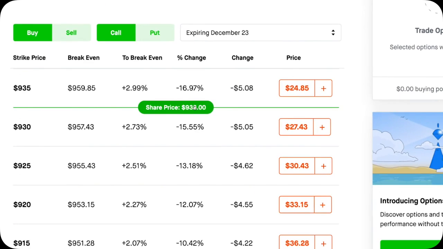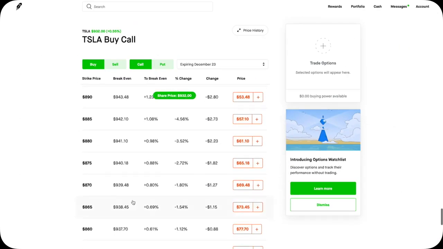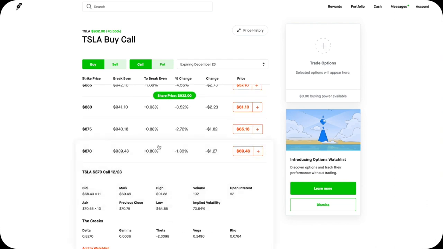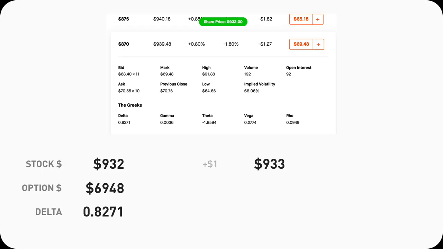Tesla currently is trading at $932 per share. In this Tesla call option with a strike price of $870, it has a delta of 0.8271 and a gamma of 0.0036. If Tesla, the stock, goes from 932 to 933, a $1 increase, because of delta, we will know the